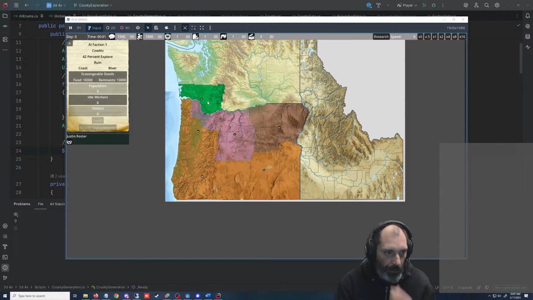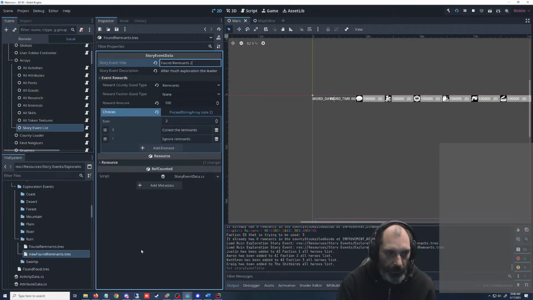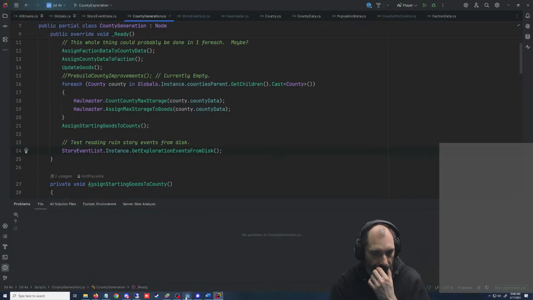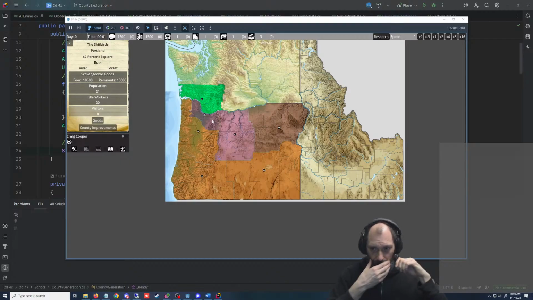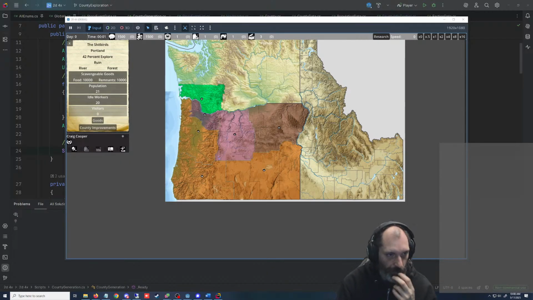So we are manually setting these. So when we set up the map, we'll go through and we manually set what these 3 things are. These are going to pull different random events, and that's what these folders are. I know I got a lot of preamble here. So it's going to go through and it's going to read, when it's generating, every event in coast, every event in desert, and then it's going to generate these random things. But you're only going to get random events for ruins, river, and forest, right? And that will make it even more random, but then also we're going to have to try to balance it, basically. But I think what we'll do is we'll do truly random,